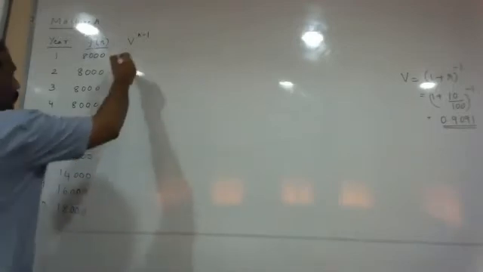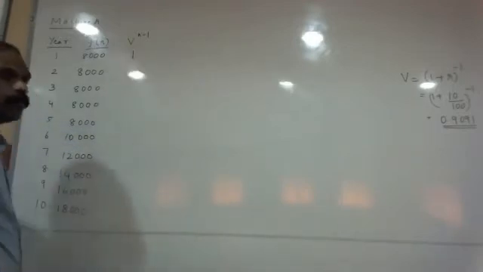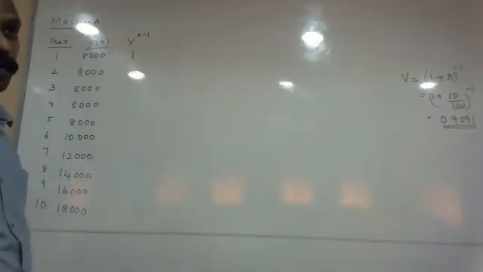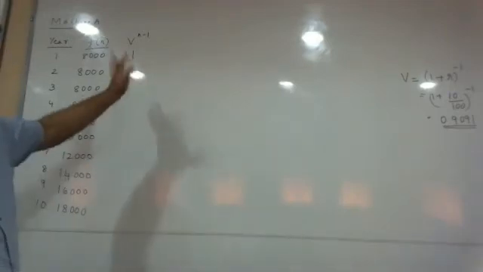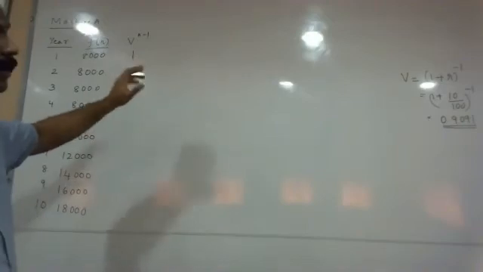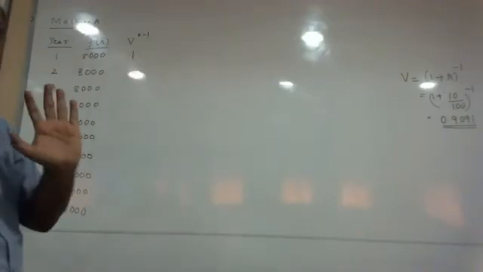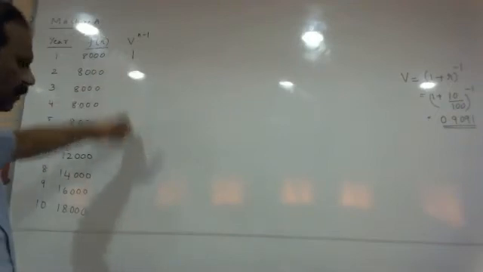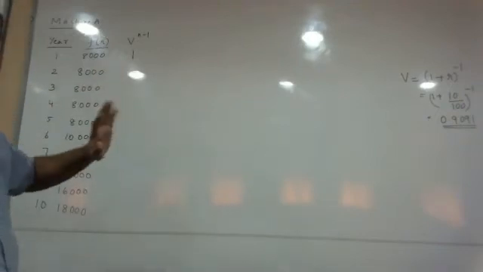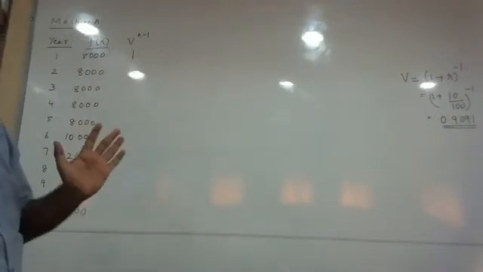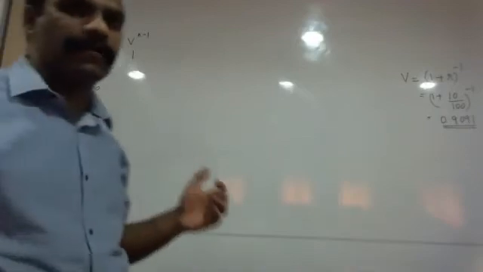Obviously for the first year it will always be 1, because 0.9091 to the power of 1 minus 1 becomes 0, so it comes as 1. I think this is clear. Usually, wherever they give you 10% value, you can calculate the values directly. There is no change, because in 99% of cases you will always have the rate of interest as 10%.